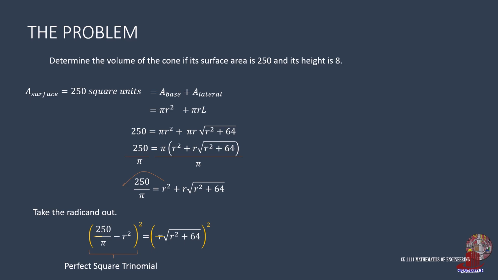For the square of the binomial, we take the square of 250 over pi. Subtract double the product of the first and the second terms. Then attach the square of the last term, r squared. For the right side, distribute r squared among the terms. So by computing, we get